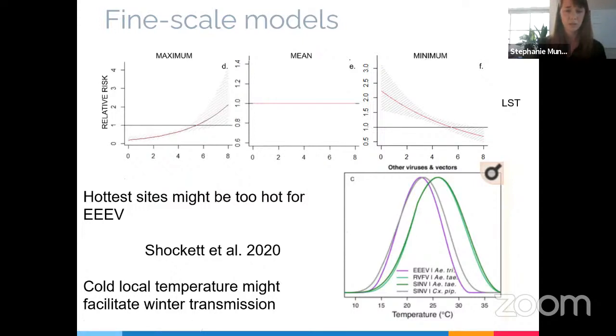So a lot of work has been done, a lot of that work by my own advisor, looking at thermal limits. So it could just be at those highly urbanized sites where the temperatures are above the maximum threshold for virus development in the mosquito. You're just not seeing transmission in those locations because it's too warm. And those actually fell outside of the thermal limits for EEE for most of the early spring to early fall season. And then we actually might see that cold local temperature is facilitating winter